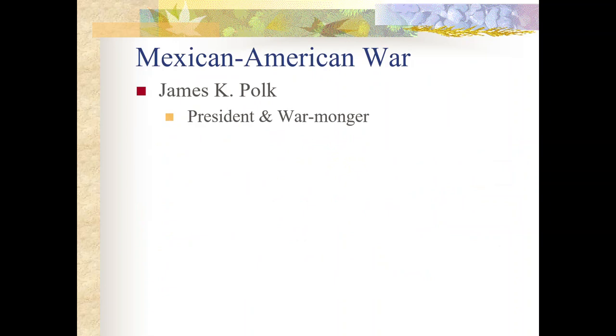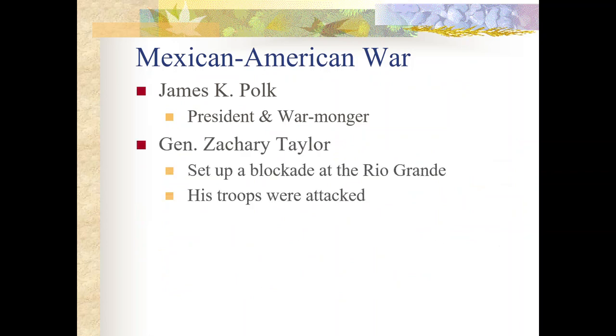So looking at the Mexican-American War, again, James K. Polk, he's a warmonger. He wants to go to war with Mexico because it's not only keeping Texas, but he has his sights set on capturing New Mexico with that lucrative trade in Santa Fe, plus being able to take full control of California, as we've had more and more American citizens starting to settle in that territory. So James K. Polk decides to send General Zachary Taylor down to the Rio Grande.